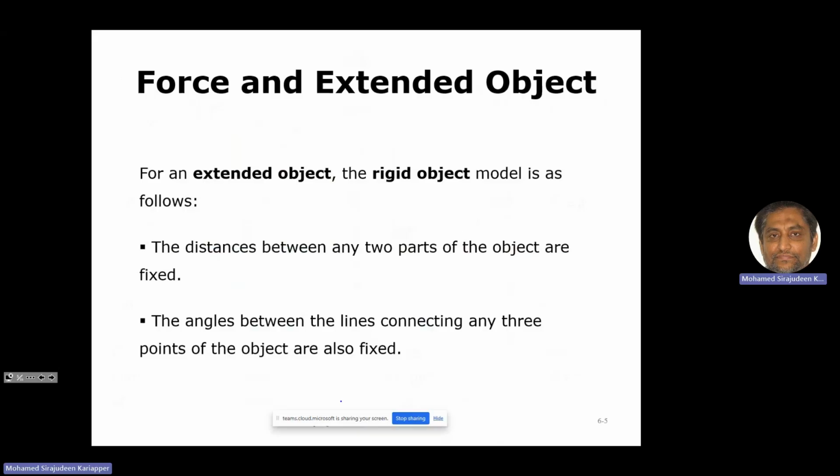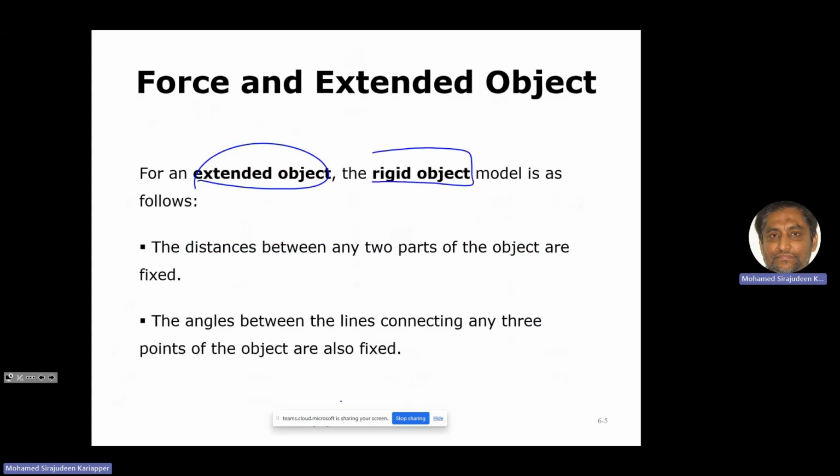For an extended object, an object that has size which cannot be reduced to a point, we need to worry about where the force is applied. So when you don't have the forces concurrent, we are going to have no equilibrium. Right. So for an extended object,